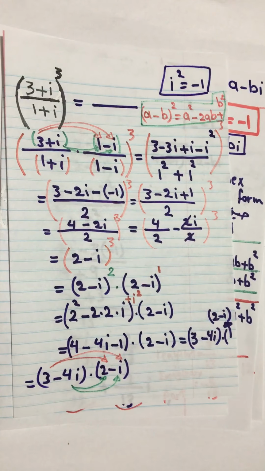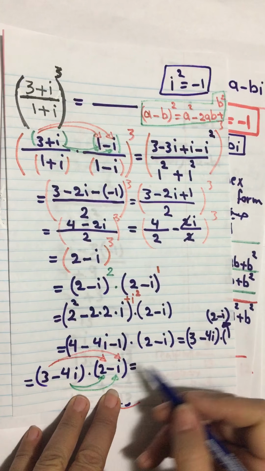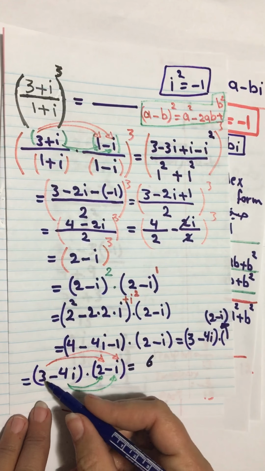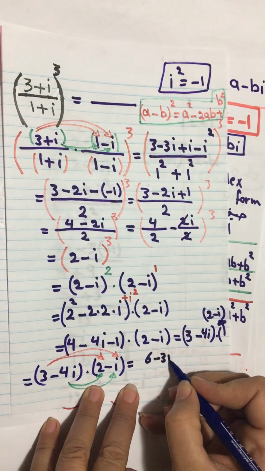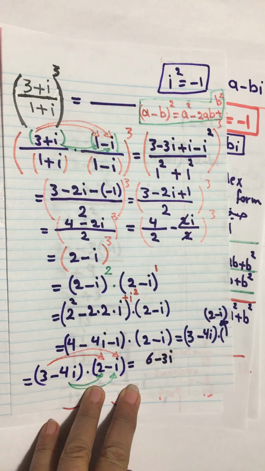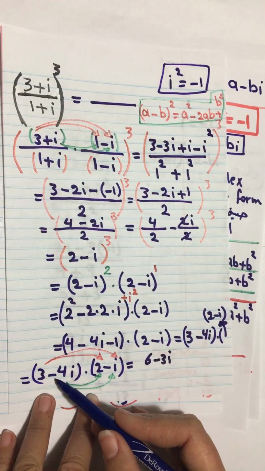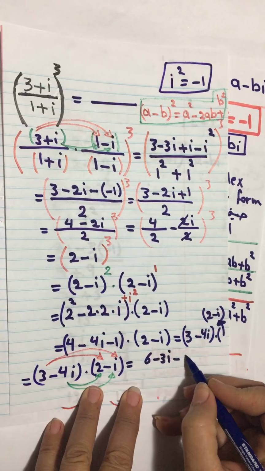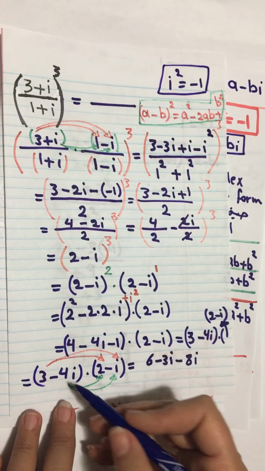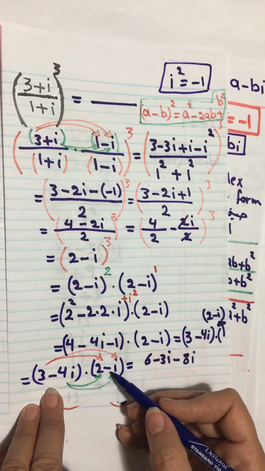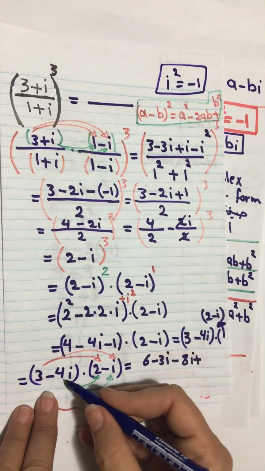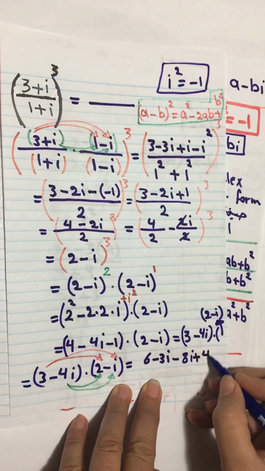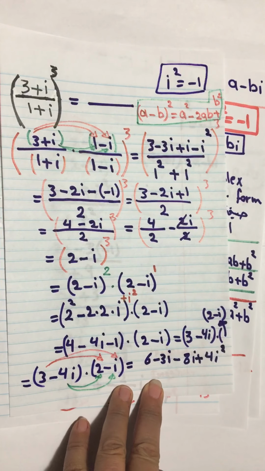Like this. So 3 times 2 equals 6. 3 times -i, so it can be -3i, or minus 3i. Then I'm going to multiply minus 4i times 2, so minus 8i. Minus 4i times minus i, negative times negative is positive, 4i times i, 4i square